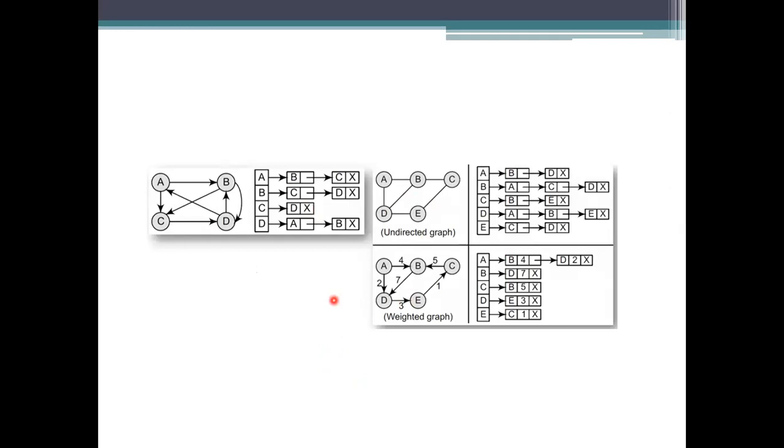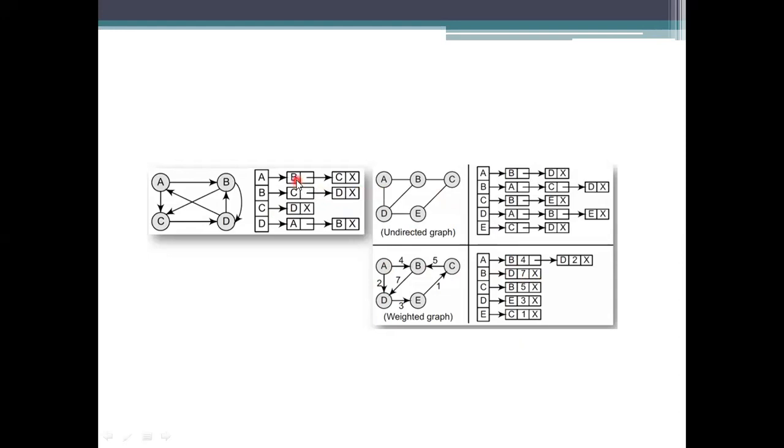For the weighted graph, if it is a directed one, you will be getting this indication. If it is an undirected one, you need to repeat the edges to that nodes or the vertices. We need to repeat that one. Okay. So for simple representations, whether the graph is a connected graph or not a connected graph, directed or undirected, we need to represent it by using two parts only.